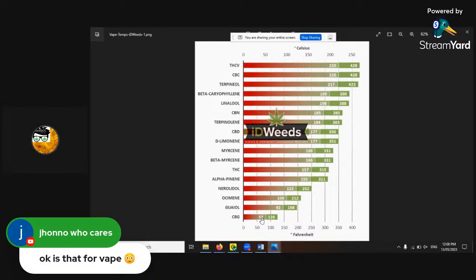So if you want to do an extraction at 100 Celsius or 212 Fahrenheit, you're going to lose all of these terpenes. They're all gone. They're just volatile. They've changed their form. They've been heated up. So that means they've turned into their reactive form and they're just into the air. Bye-bye. Look, see ya.